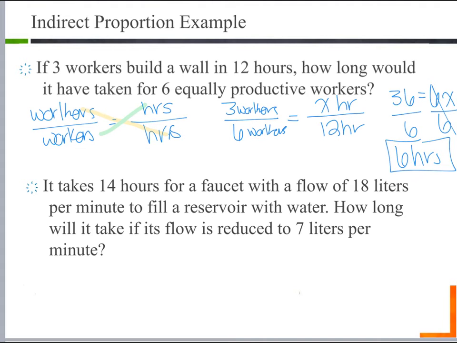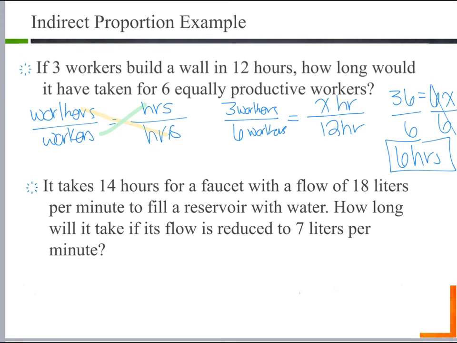Here we're going to look at a reservoir. It takes 14 hours for a faucet to flow of 18 liters per minute to fill a reservoir with water. So how long will it take if its flow is reduced to 7 liters per minute? So we know that we're reducing the rate, so then our time should increase. So I have